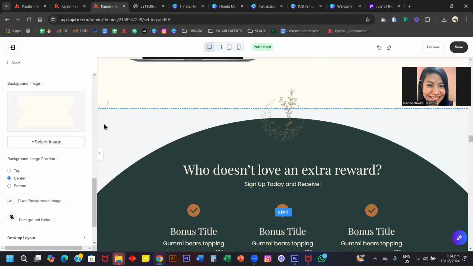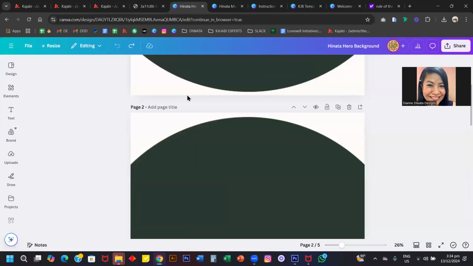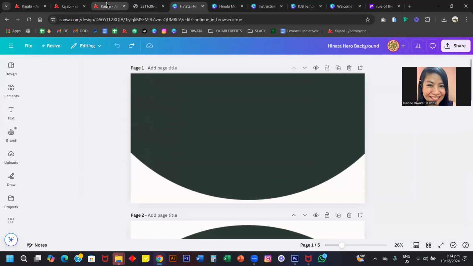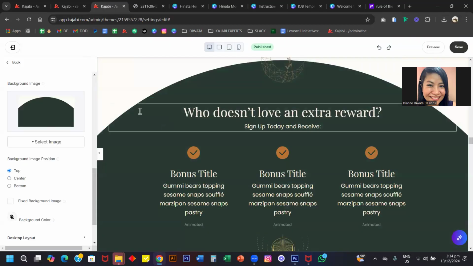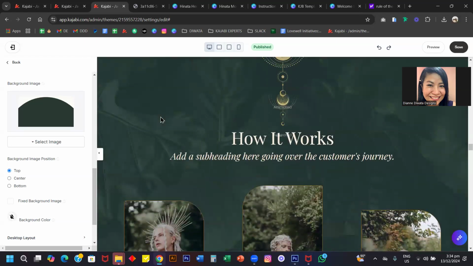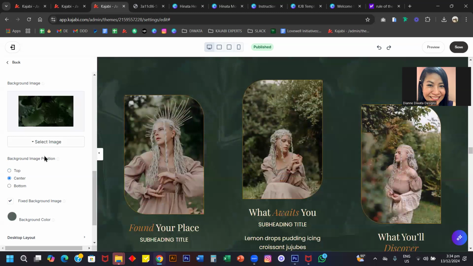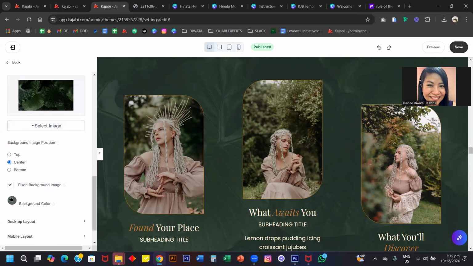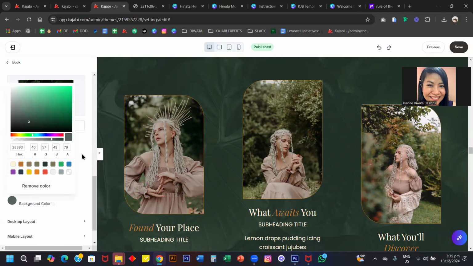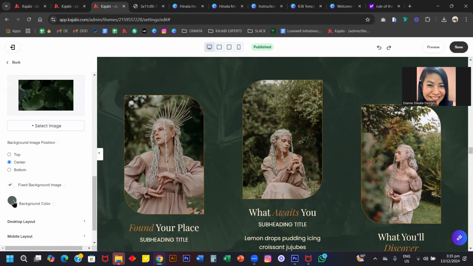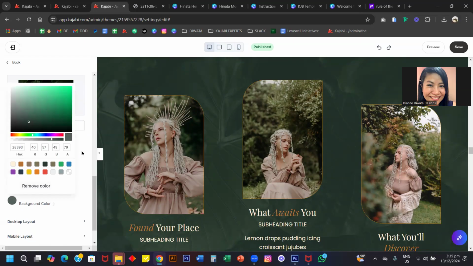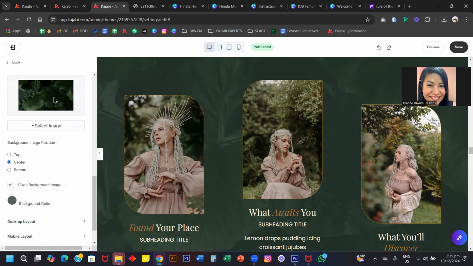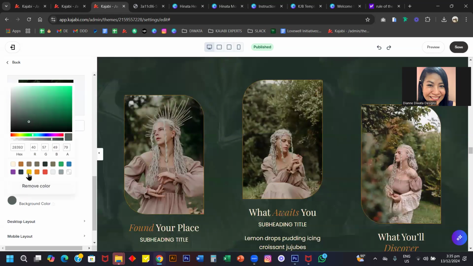So if you don't want this image style, or if you want to have this one, then you can also do that. When you download this image, then you can just upload it here. Now for this one, it's generally a background image which follows 2880 by 1200 pixels, and then it's just set to pixels. When you upload your own image here, just make sure you also change the overlay color. For example, if your color here is more on a white vibe, then just change it to white,